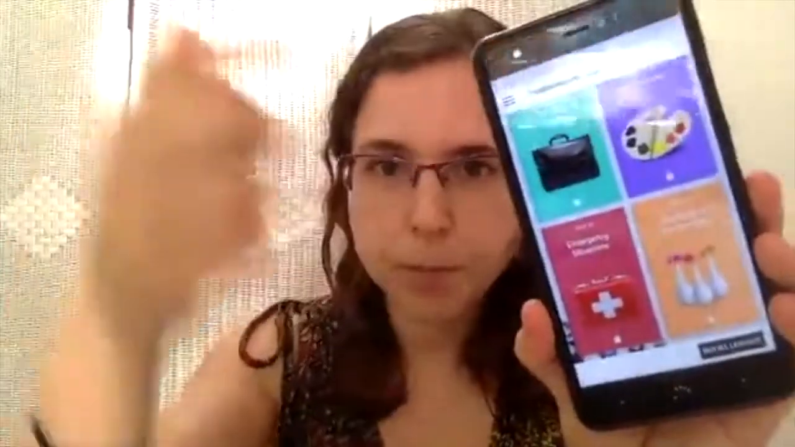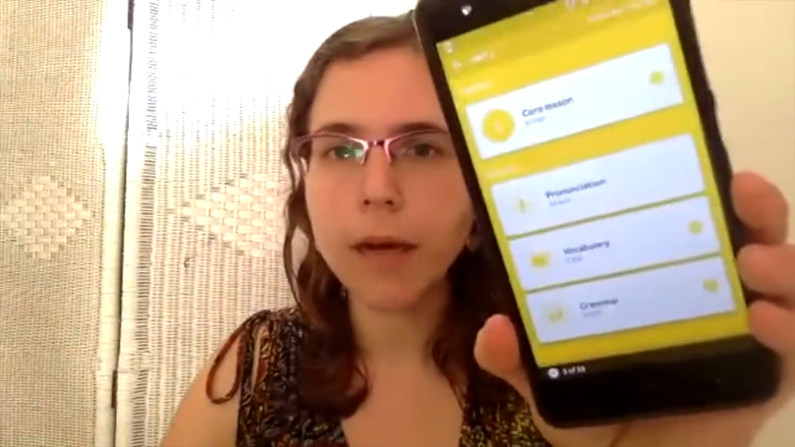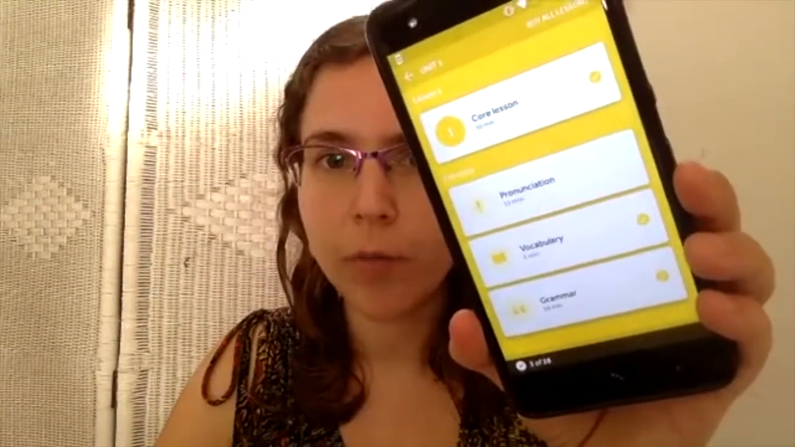So how does it work? I downloaded Rosetta Stone for Russian because that's the language I'm learning. So we have many units. In the free version, we have access to the first one, language basics, and all lessons are divided into a core lesson and then pronunciation, vocabulary, and grammar exercises. So what you get in the core lesson is,